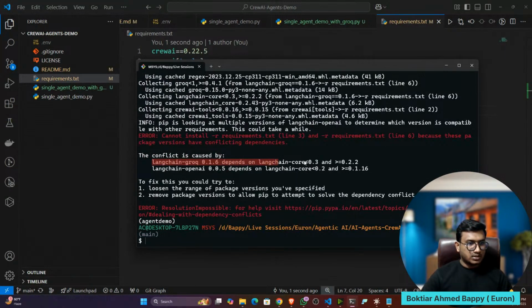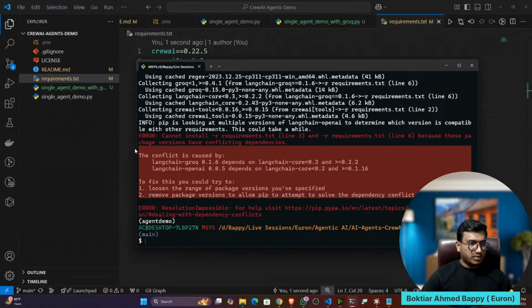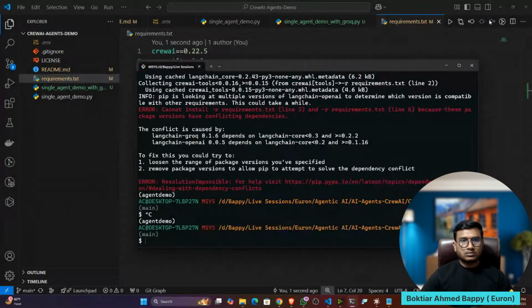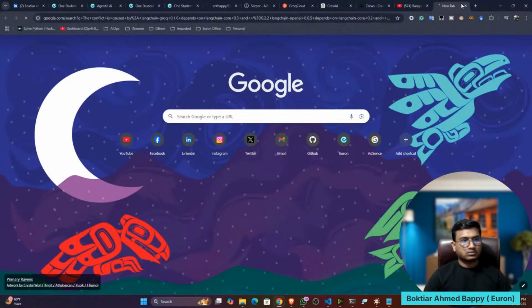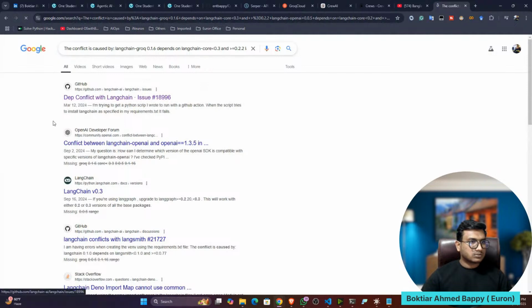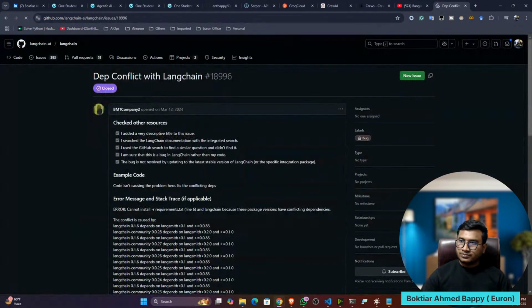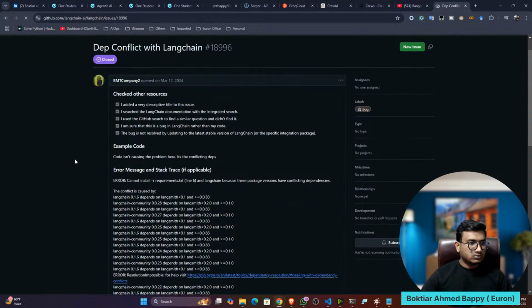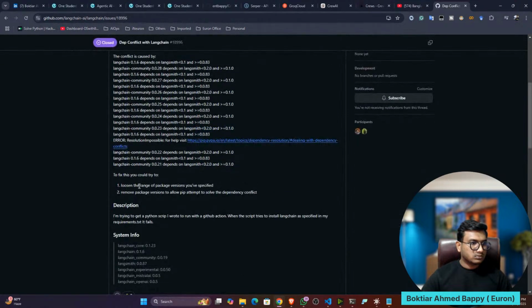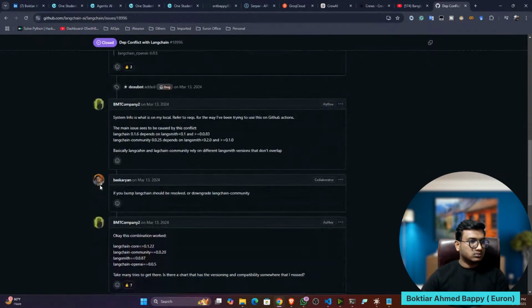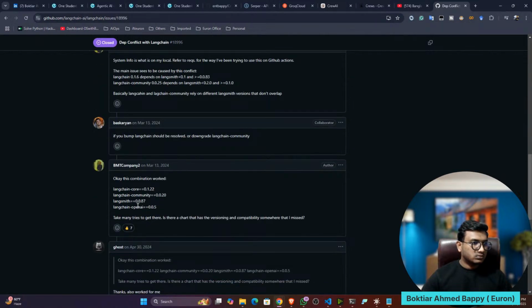Langchain Grok depends on Langchain core. Okay, let me copy the error. This is the combination of what?